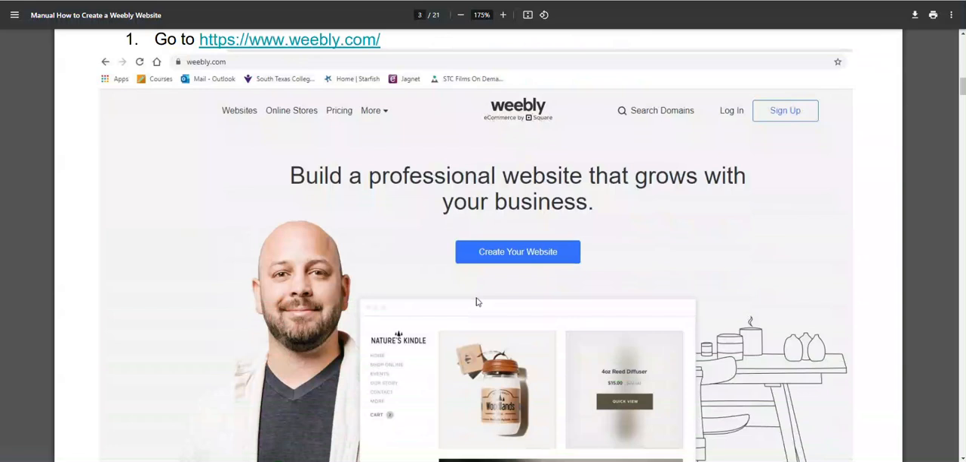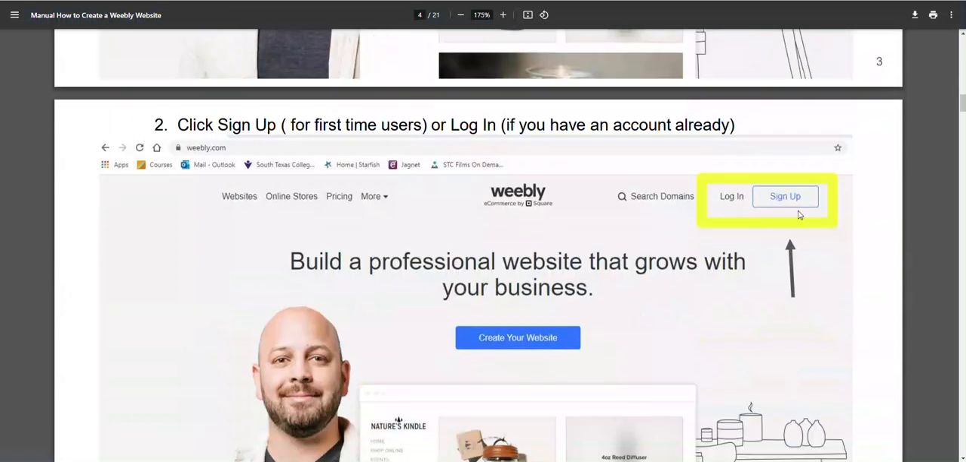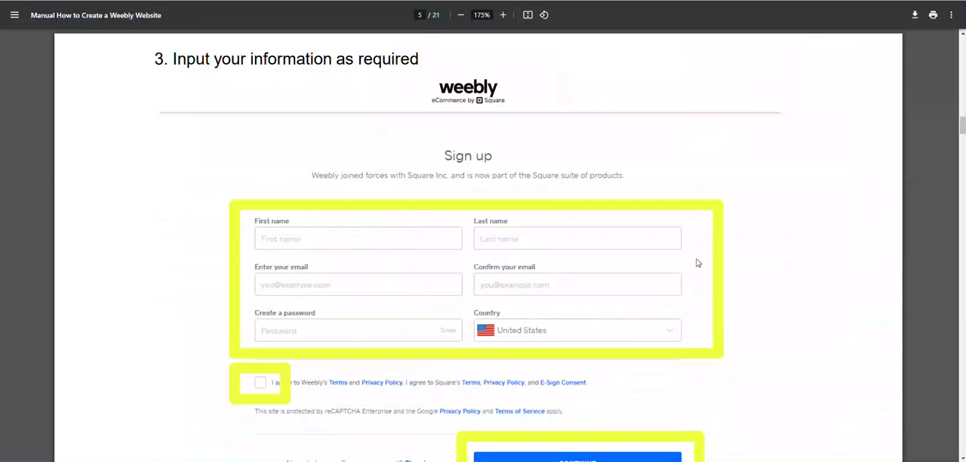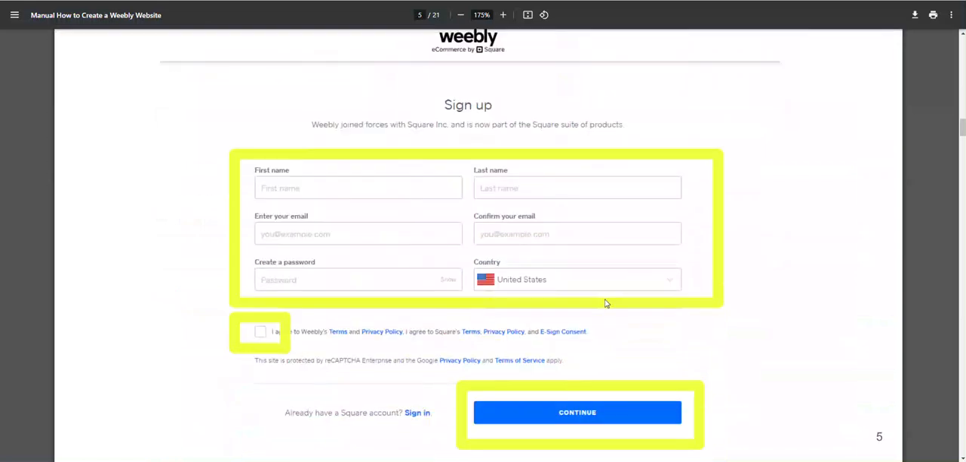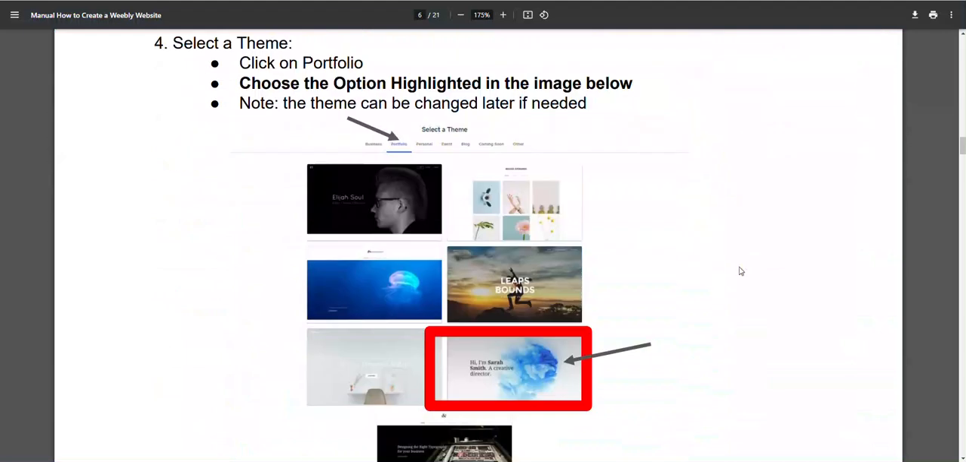When you go to Weebly.com, you're simply going to click on Sign Up. When you click on Sign Up, it's going to ask you for your information. Like I said, how this looks might have changed, and most likely you'll create a Square account rather than a Weebly account, but the information is going to be similar, just asking for some general information, your email, and so on. After that, you're simply going to click on continue, and now you can start creating your